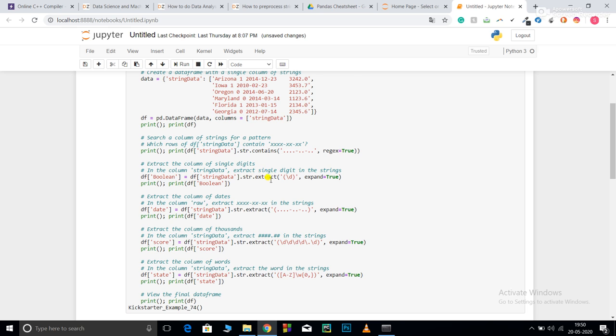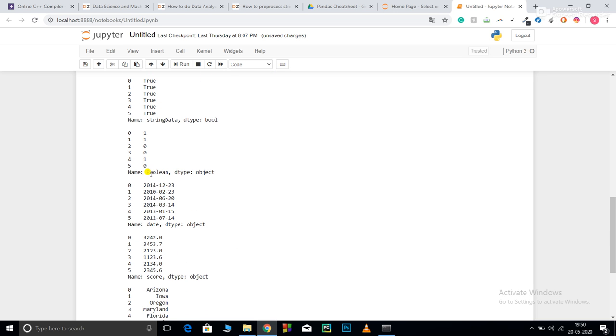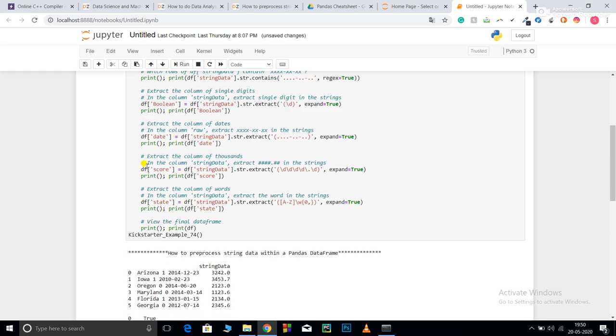So str dot extract extracts all the values having a single digit input, backslash d. If I had given backslash d twice, it would extract all the inputs that contain two digits simultaneously, like 23, and I will save that under the name boolean. So df boolean creates a new column for me. Print df boolean. You can see it created a new column, df boolean, and it also printed it.